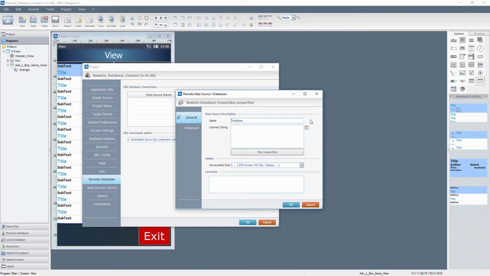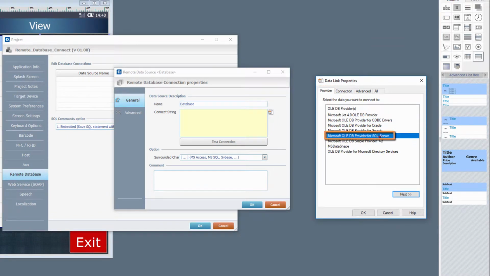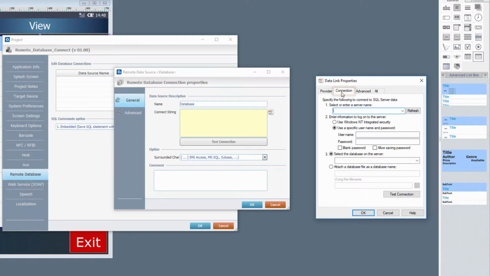Now let's define the string that will connect the application to the remote database. Click this button to open the Data Link Properties window. Go to the Provider tab and select the best provider option. Now this is important. Make sure you always have the latest database drivers. Go to the Connection tab. For the purposes of this tutorial, we're going to connect this project to an MCL demo of an SQL server database. So fill in the server name field with